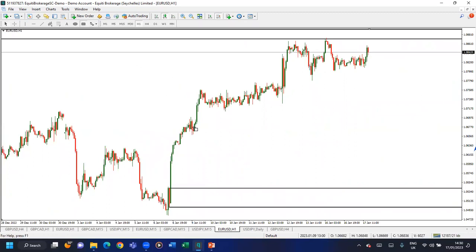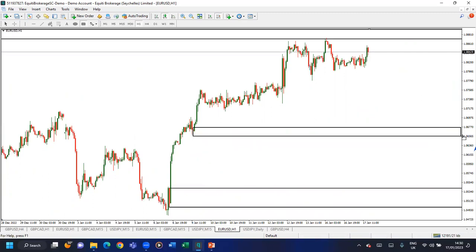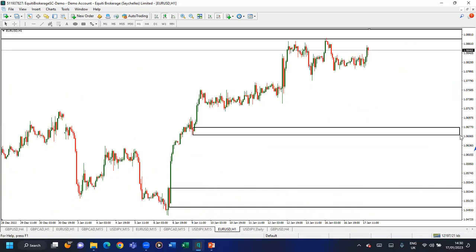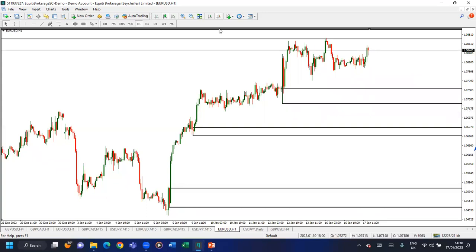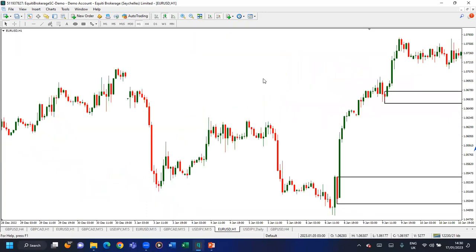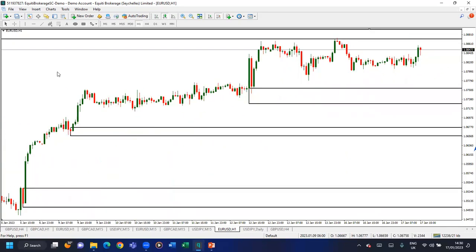All right, so as I'm refining, I'm also able to identify some other blocks which I was not able to see from the higher time frame. This is what we have here. All right, now looking at this chart here, I want to show something very quick. Look at this chart here. We have equal highs here,